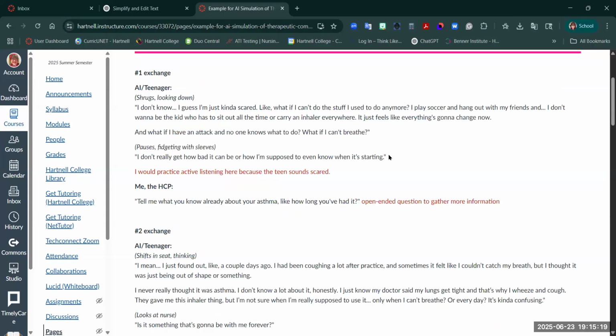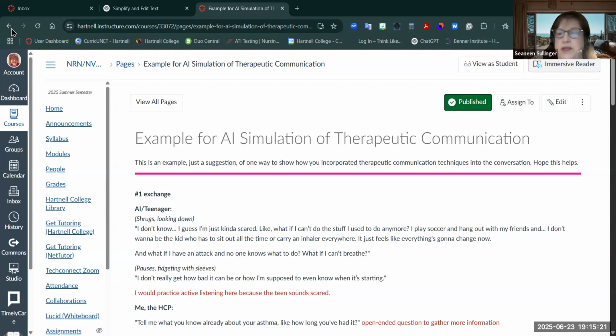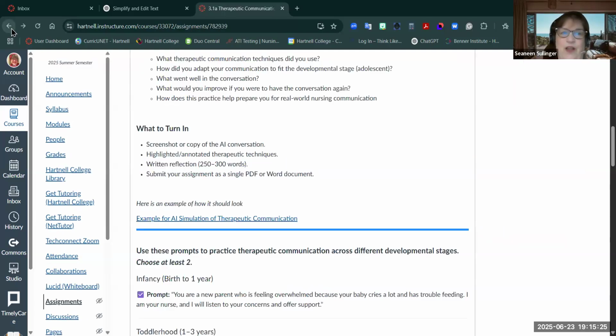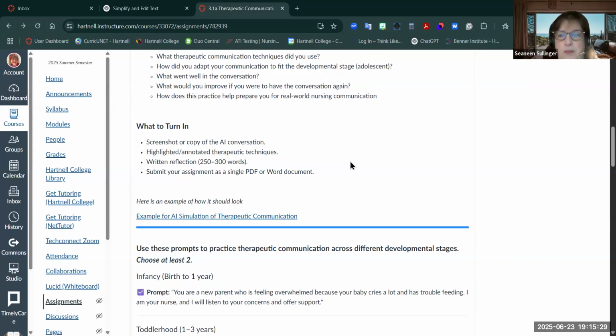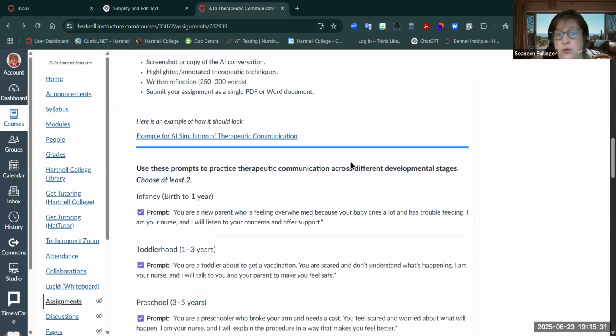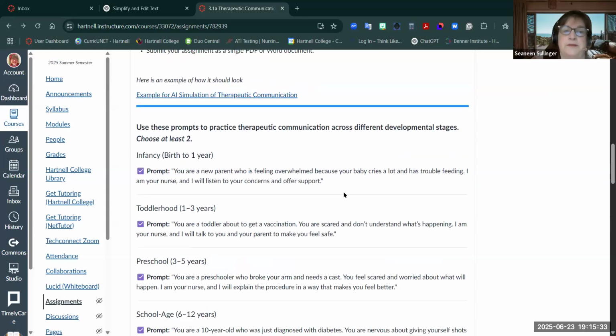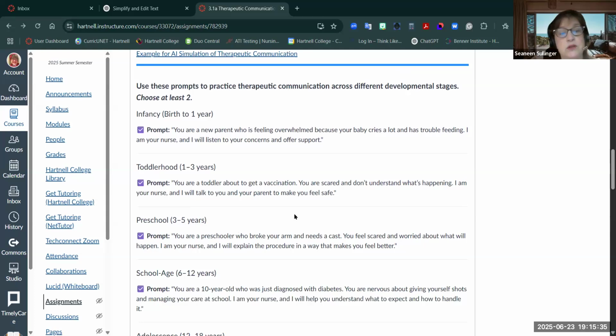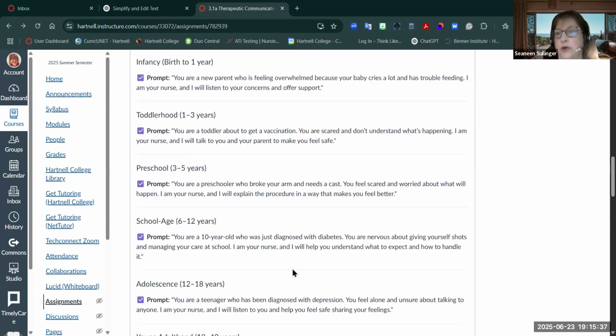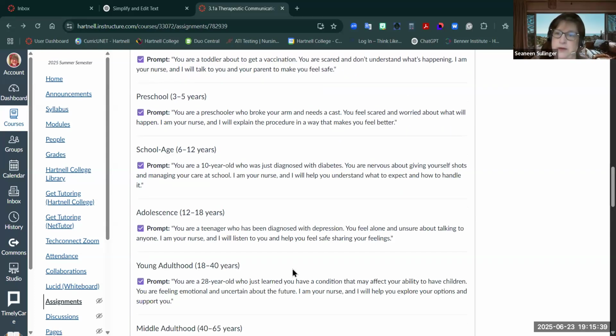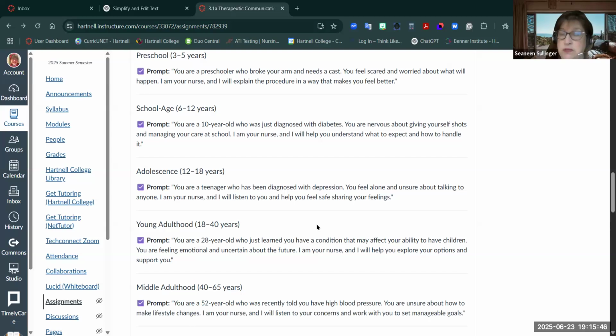It makes sense. Okay. And I'm hoping that it's easier because ChatGPT is always available, whereas other classmates are not always available. And then these are different prompts. Choose at least two. So my suggestion would be if you want to choose that preschooler and then maybe a young adult, something from young and something from older, you could do that. It doesn't have to be these exact ones.